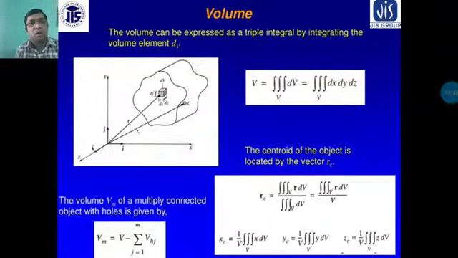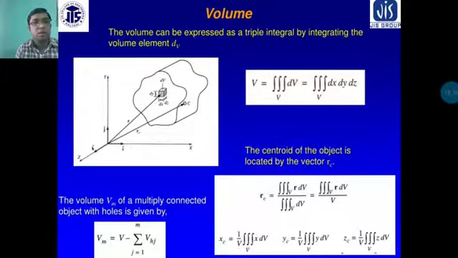Then you have to calculate the volume of this object or shape, and this volume is placed with the x, y and z coordinates in their places. You first identify what the object is, then calculate the volume, and also calculate other things such as the mass, and the area can be calculated from this volume.